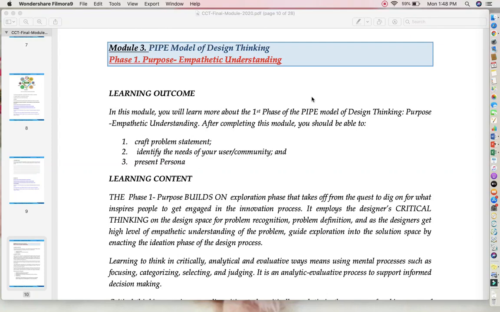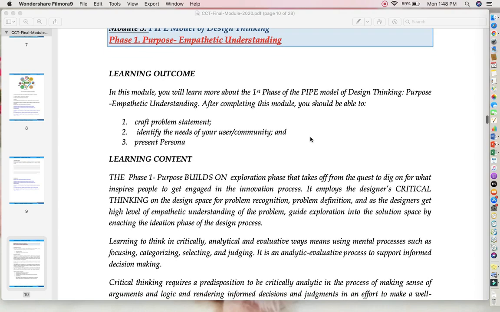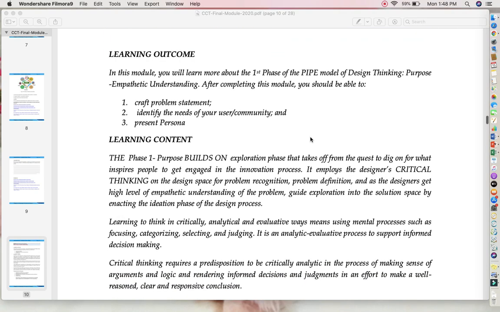For our next lesson, Module 3 is about the PIPE model of design thinking. We have phase number 1, the purpose: empathic understanding. The learning outcome for this module: in this module, you will learn more about the first phase of the PIPE model of design thinking, which is